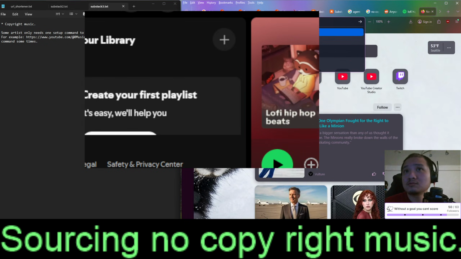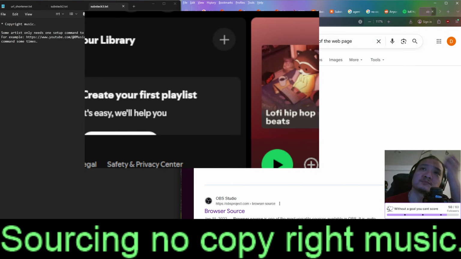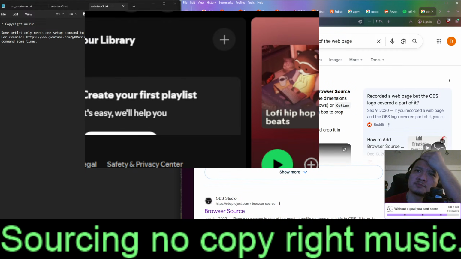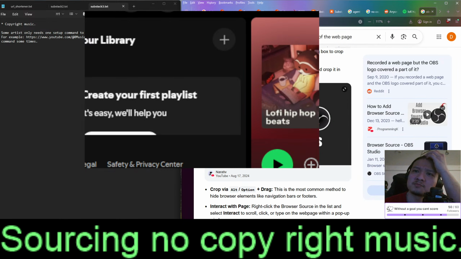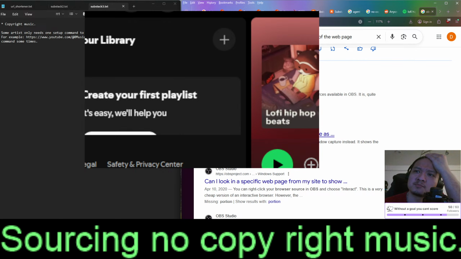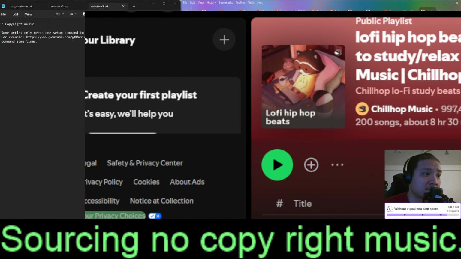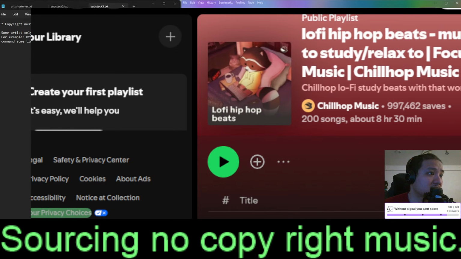OBS browser source show portion of the web page. Let's do 800 by 600. Okay, this is what it looked like.